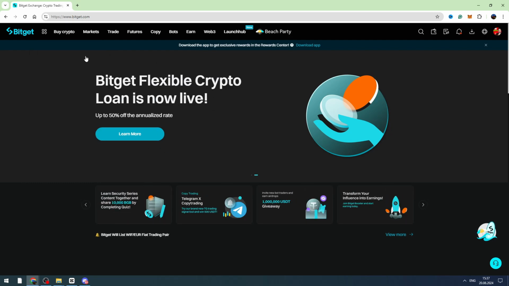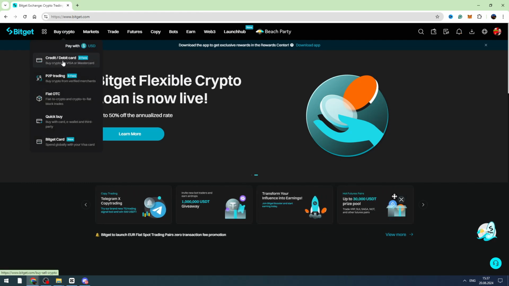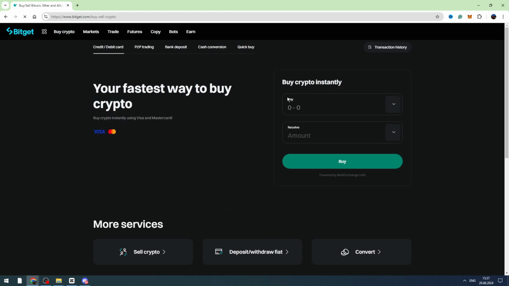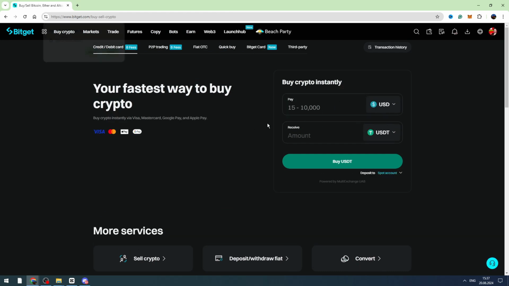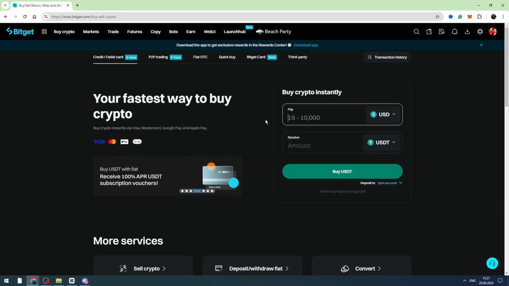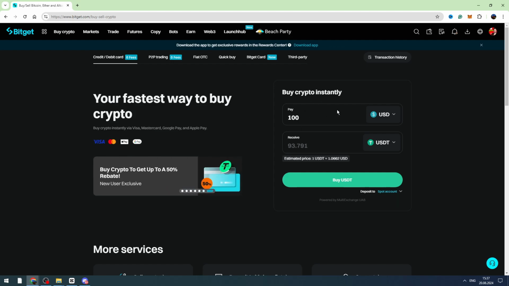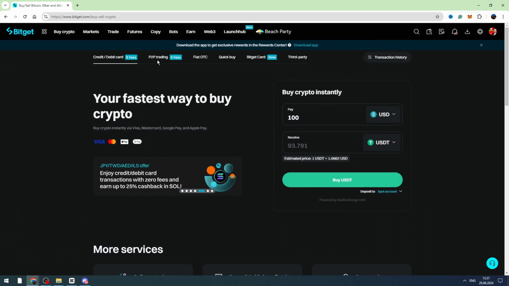To deposit money on Bitget, you can go to buy crypto in the top menu. You can go to the credit or debit card right here. On the top, you need to enter the amount of USD or any currency you want to pay, for example 100, and as you can see, for 100 USD we will receive 93.79 USDT on your balance. So click buy, enter your card details, and